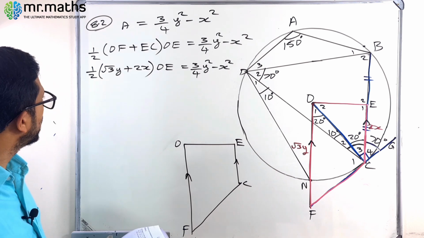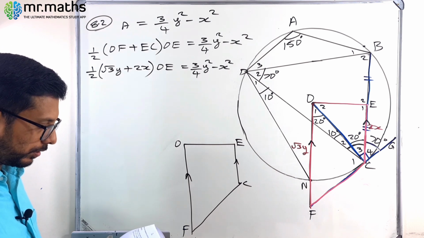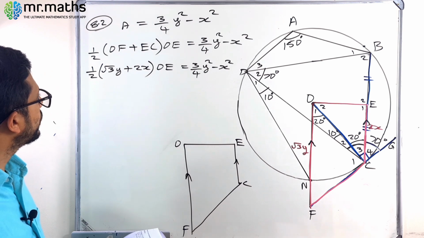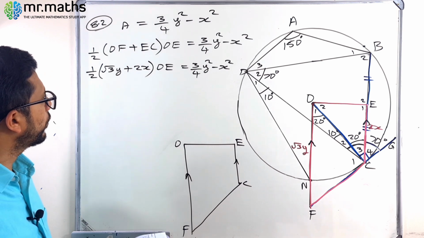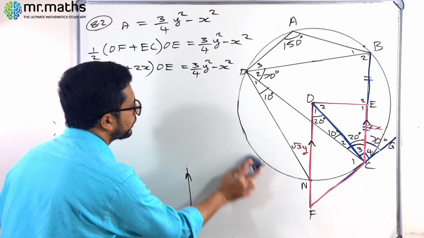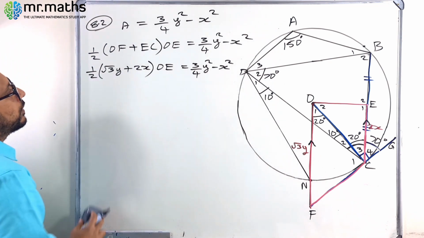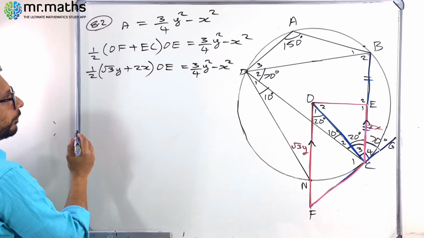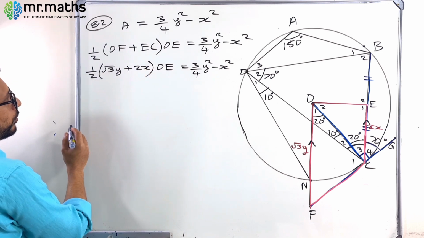Okay. Now what can we do here, guys? Are we stuck here? No, we are not stuck. Okay, so what we have to do now, we have to find OE. Am I right? All of these are multiplication. Okay, so what I'm going to do is